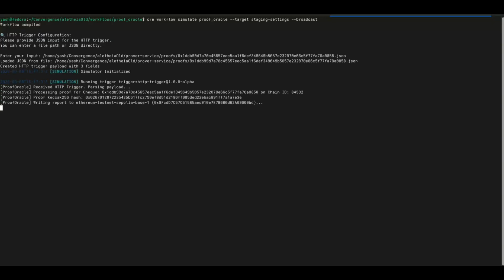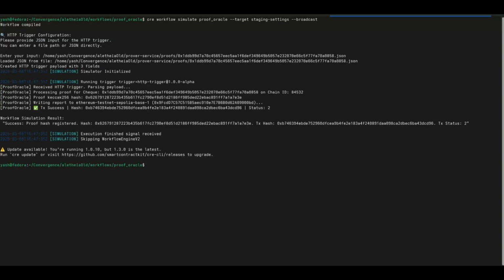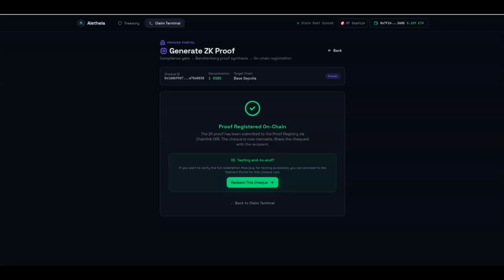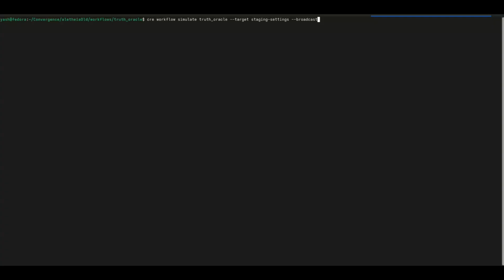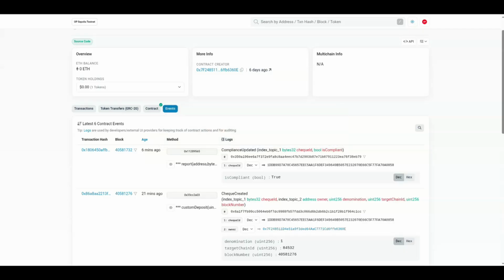It compresses the massive proof into a tiny 32-byte fingerprint and registers only that fingerprint onto the destination chain, which is Base Sepolia in our case. But how does the target chain know the deposit actually happened? Our truth oracle in the background, this is a Chainlink CRE service,